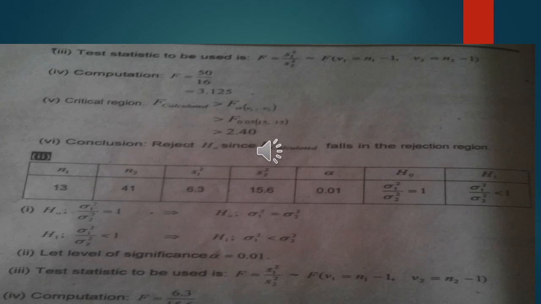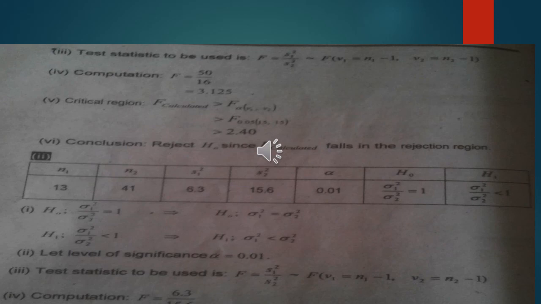and next question is N1 is 13, N2 is 41, sigma 1 square is 6.3 and sigma 2 square is 15.6, alpha is 0.01, H naught and H1 conditions are given to you. You have to use the F test, and you will see in the next slide what will be the procedure, and you will follow the same steps